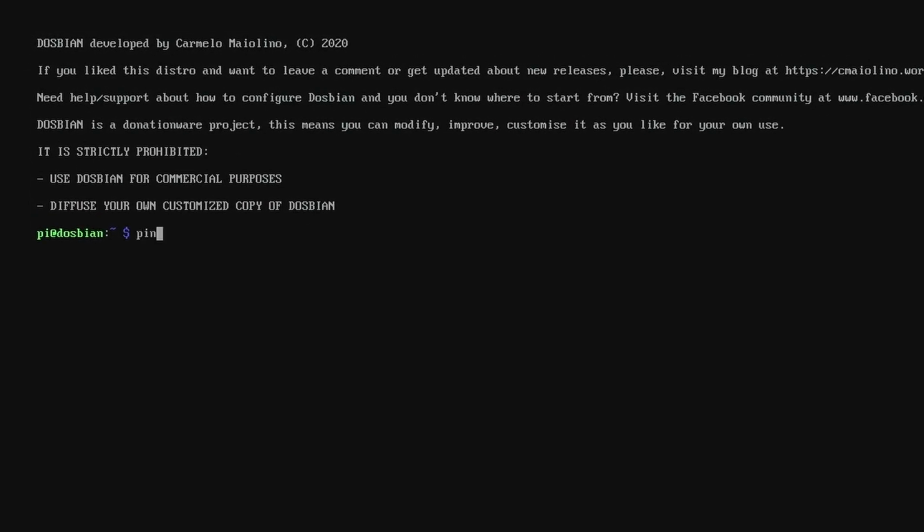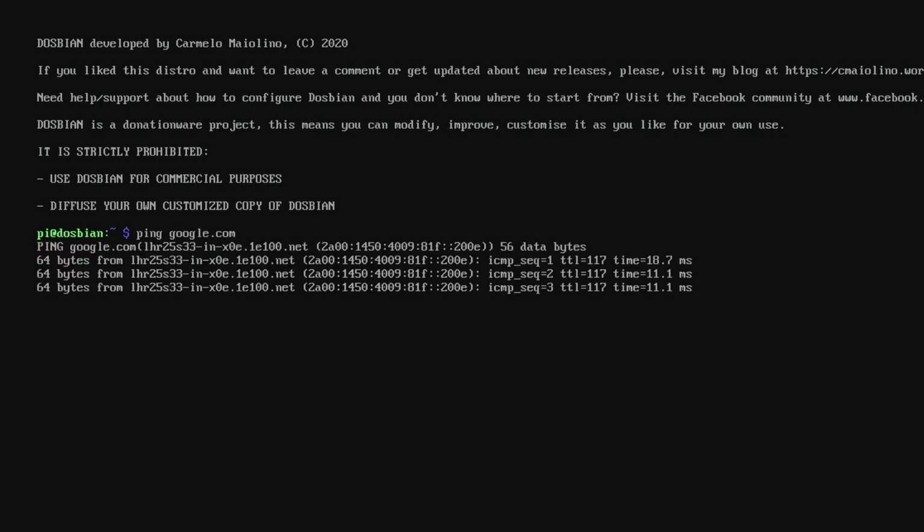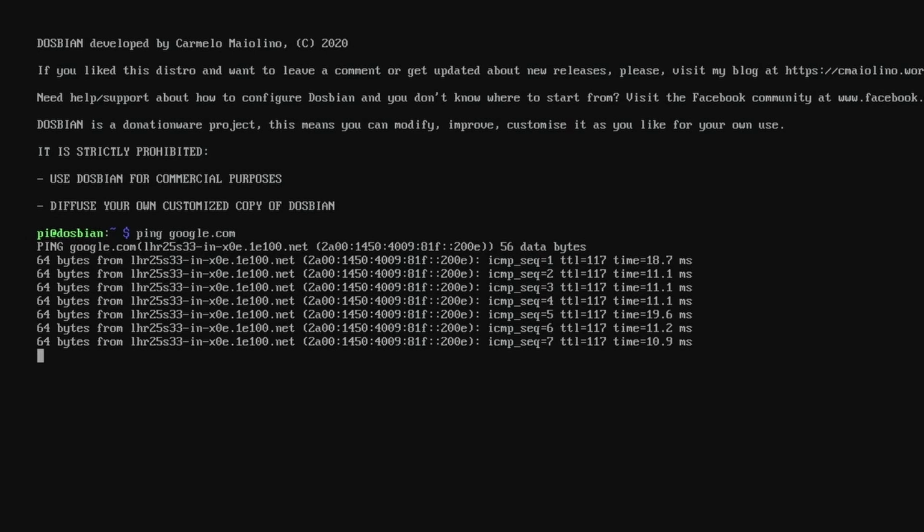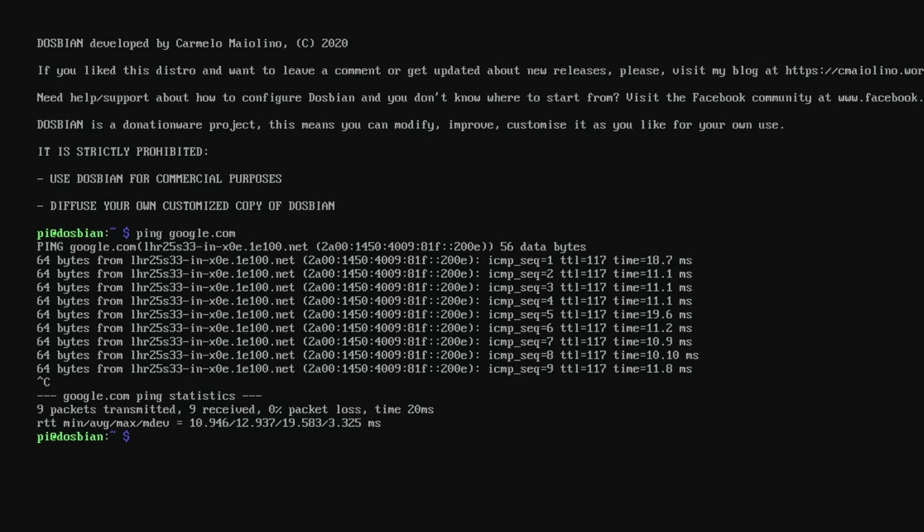What I'm going to type in is ping, and then we'll just go ping google.com. And as you can see, there we go. We are pinging google.com. So I'm now on the internet. Now we can go back into the Raspberry Pi config. If I type in sudo raspi-config,